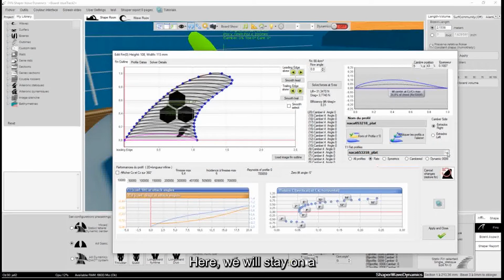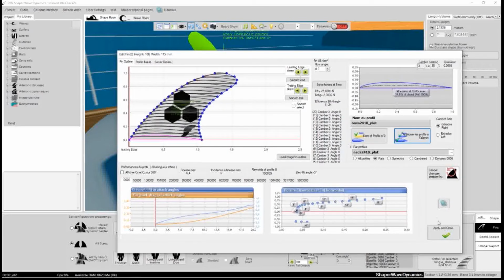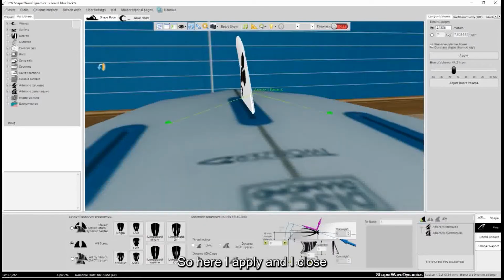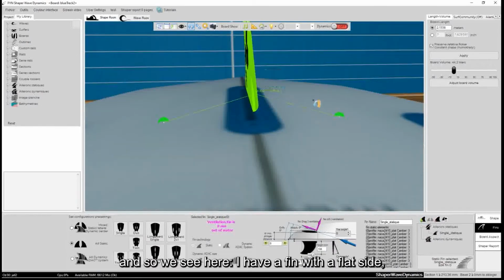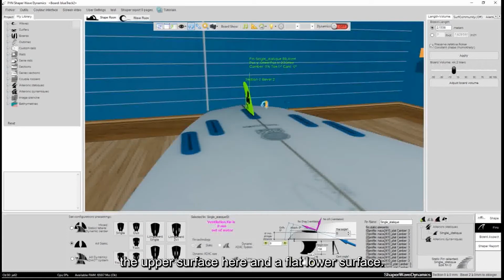Here, we will stay on a NACA 2410 flat profile, and we will apply it to all profiles. So here I apply and I close, and we see I have a fin with a flat side, the upper surface here, and a flat lower surface. So we see that it is a side fin. I could immediately put 50 mm, 100 mm aside.